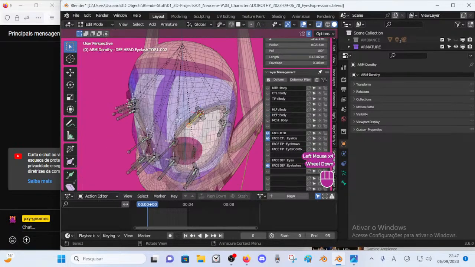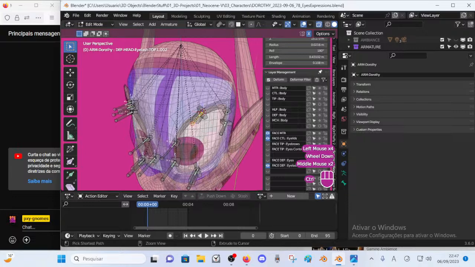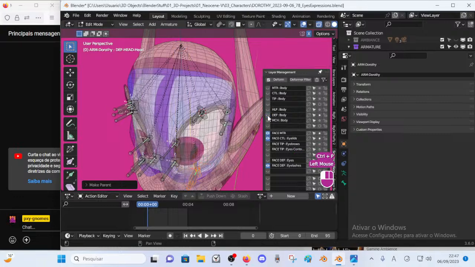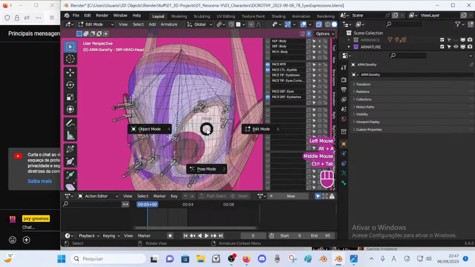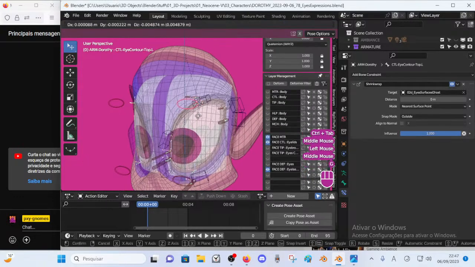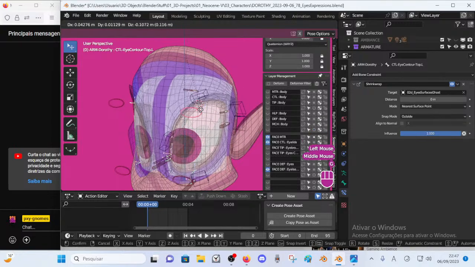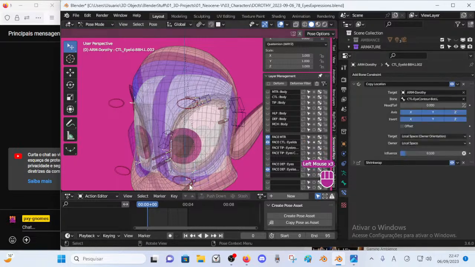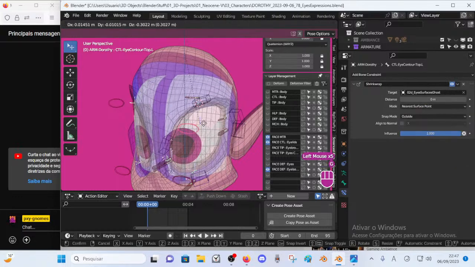Alright, so getting something to work regularly, right? And all this also parent to the head bone. Alright, this backs to the original setting. So what happens now is that, of course, the copy locations for this shouldn't be working anymore as it was doing.